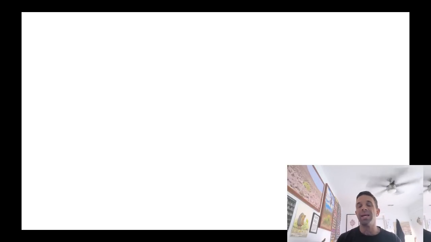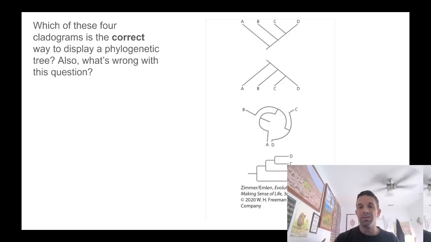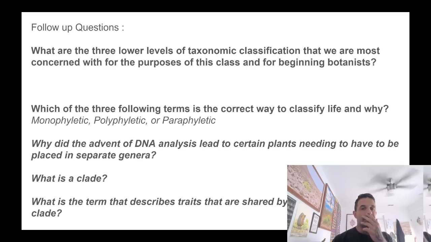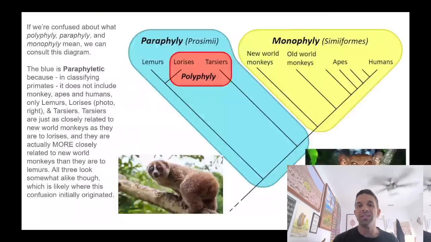Hopefully you got something out of that. You will be quizzed on this. And yeah, check it out. Again, the books that I was using: Evolution, Making Sense of Life, Chapter 4, PDF is available in the Google Drive folder. Plant Systematics, for some of the flower descriptions. And then, of course, if you need a refresher, watch that first class,